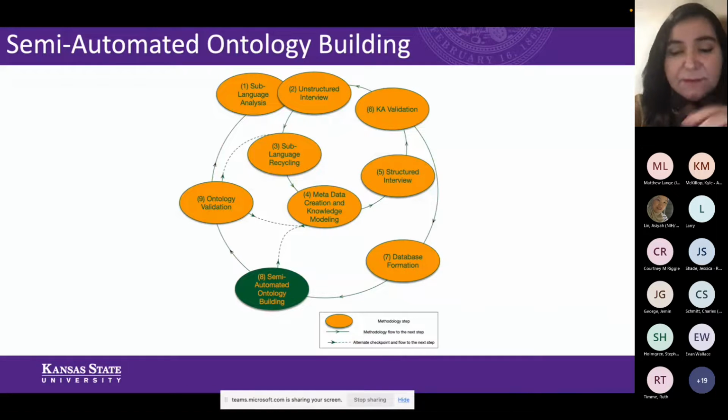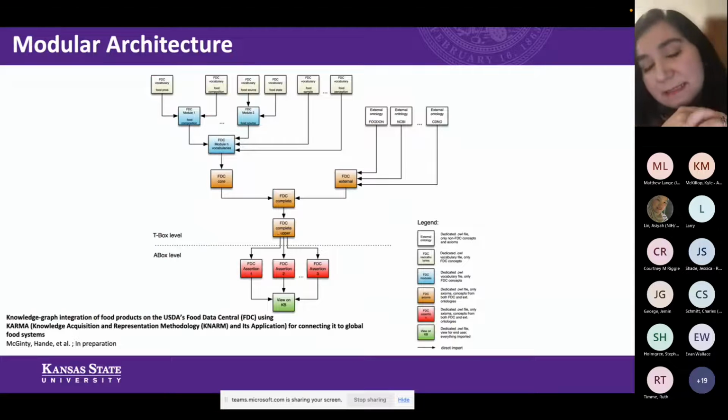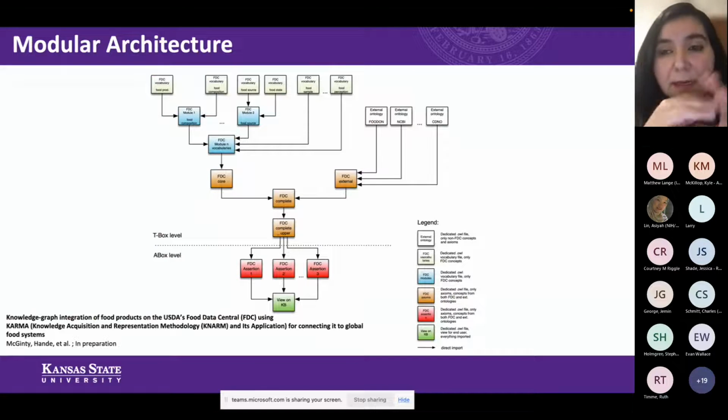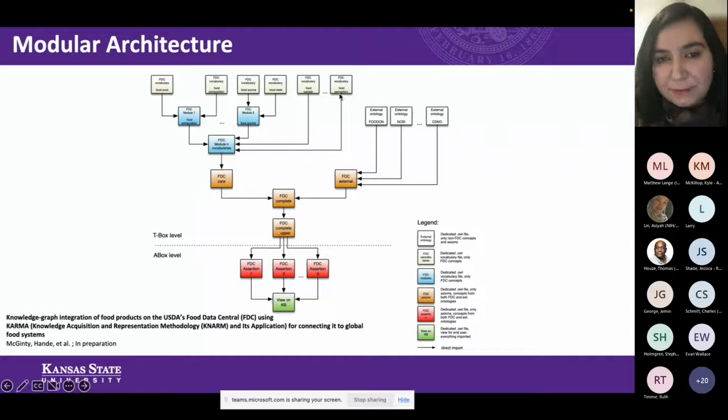So once we have everything that we need in the backend database, then we can start building the ontology, again following a systematic approach here. And I'm sorry, this figure is too big, but I'm trying to show the full picture here: we start with generating the vocabularies that we build.